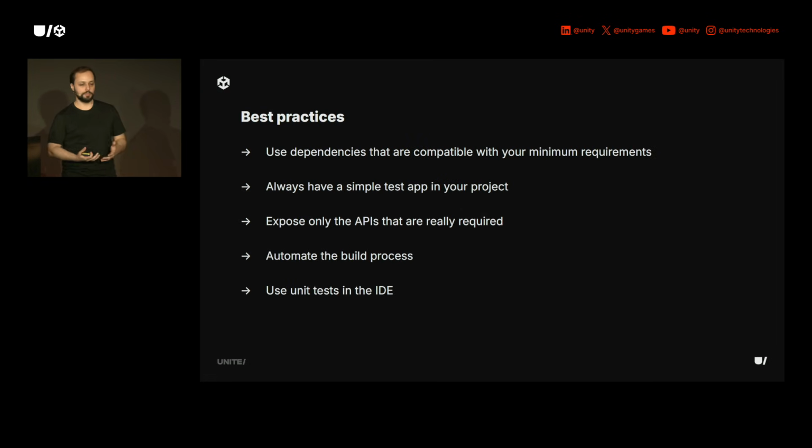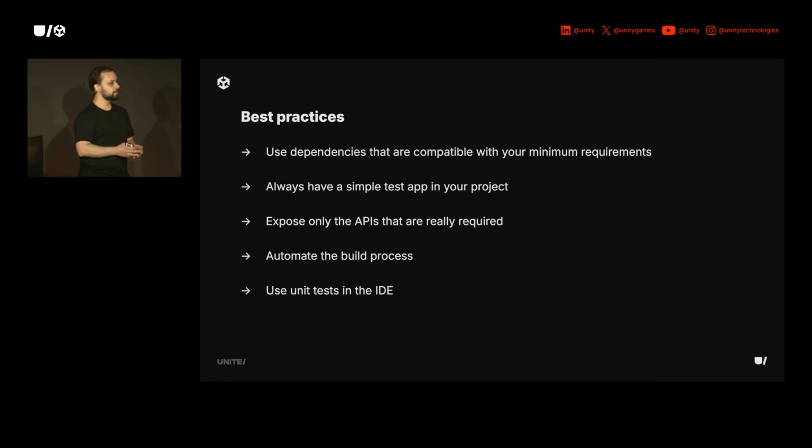And on top of that, some best practice. So like I said, we always have a minimum for the dependency, a minimum version of the libraries, the SDKs, the Unity version. And we could ask the project to just update it to the latest Unity, to the latest SDKs, Xcode, and etc. But that's not how we work, because we try to minimize the changes for the game